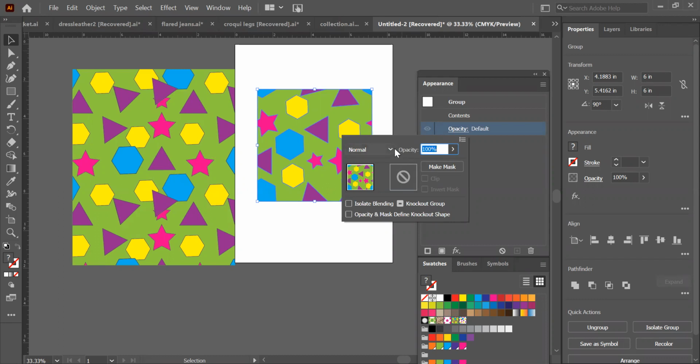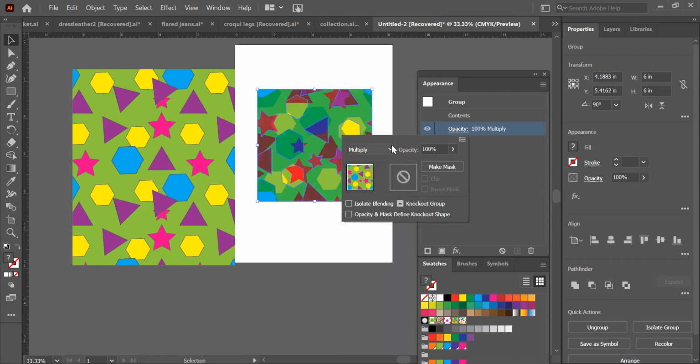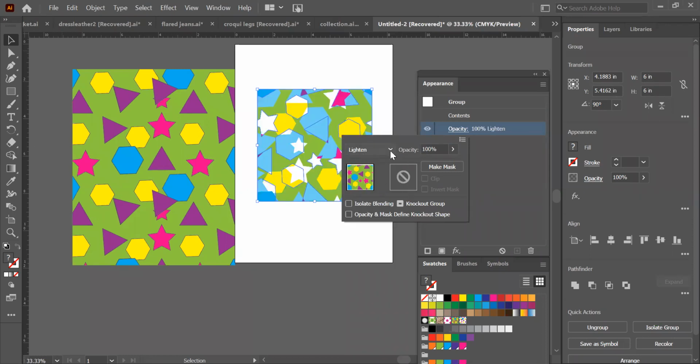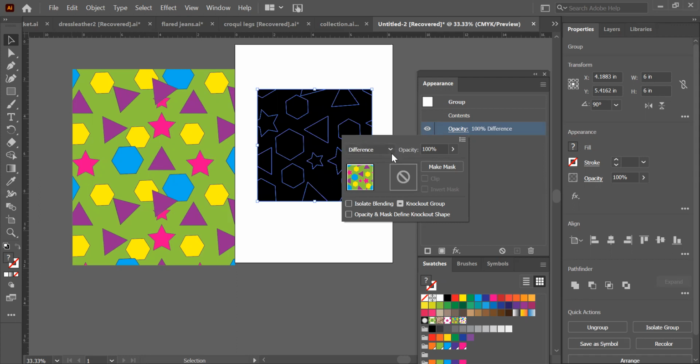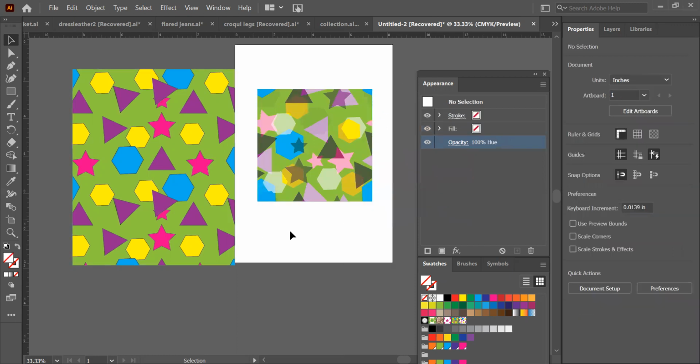I don't know how much you guys know of Photoshop, but we have blends here as well. So if I click multiply, if I click color burn, I'm kind of giving a damask kind of effect, bringing some kind of variation to the pattern. So I can try these various blends and it will totally change my overall pattern. Okay.